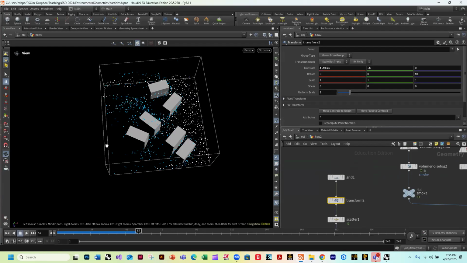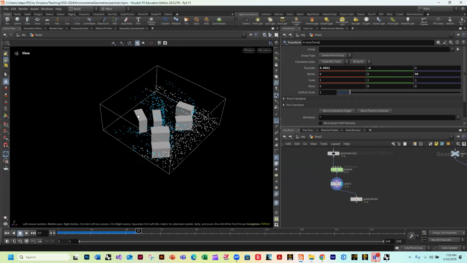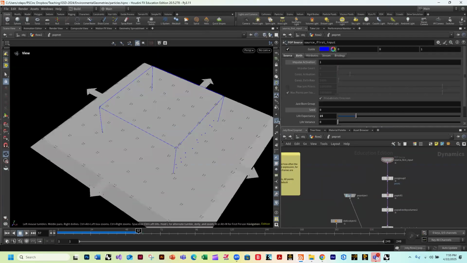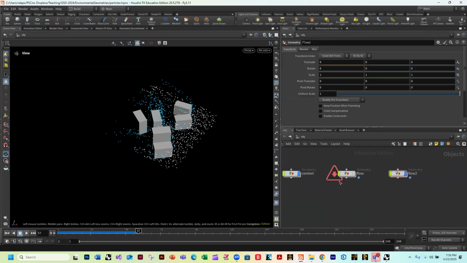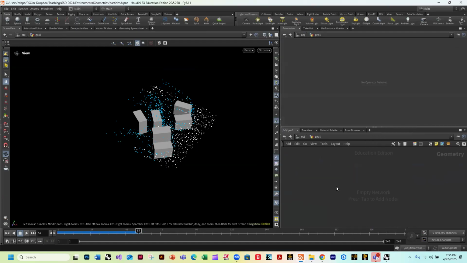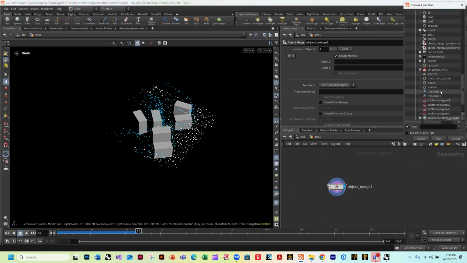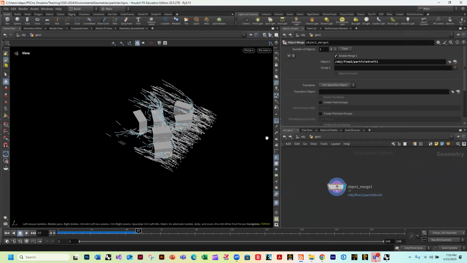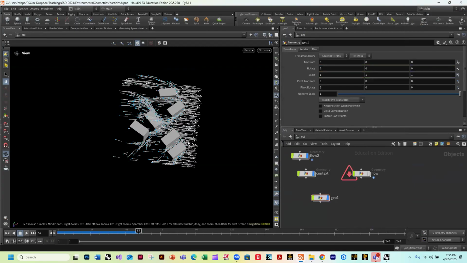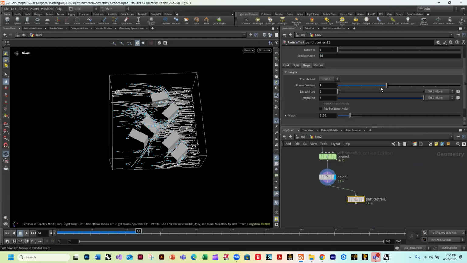No, they're not impacting the ground anymore. Okay, so that's how you can get that sort of collision behavior. And then up here at the higher level, if I want to see both the particle flow and the context at the same time, I can create another geometry node here. Go in here, I can do an object merge, and I can select the particle trail, and then I can go up here. Now they'll both be there in this view. So let me go back to flow, put these particle trails,